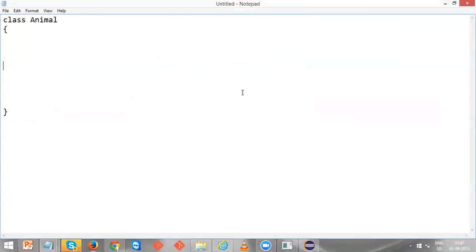Okay, or you can take a car also, animal also, anything is okay. So what is the data an animal will be having? It will be having a color and number of legs and